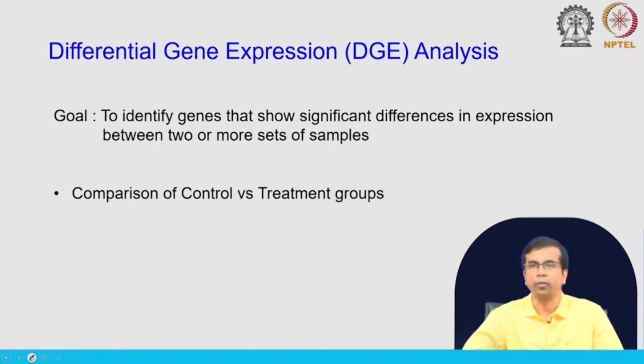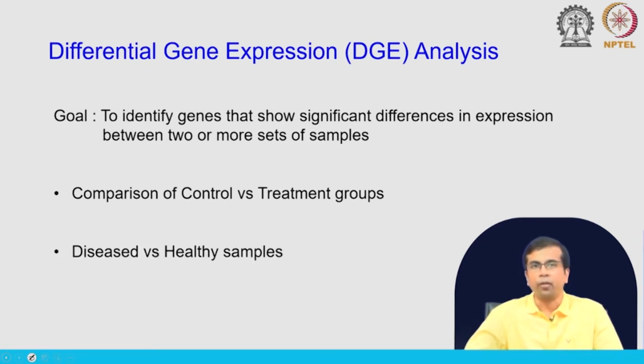So, imagine you are doing this experiment on a control group, you want to test how a treatment affects the cell behavior, cell physiology, etc. So, you have control cells, and then you have the cells that are treated with a drug or some other type of treatment, and then you look at the change in expression of genes, okay, and you want to identify which genes are responding,